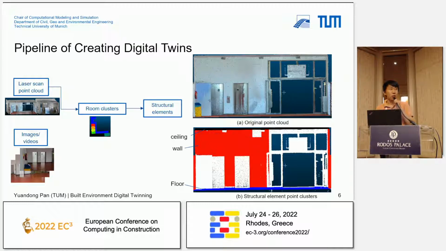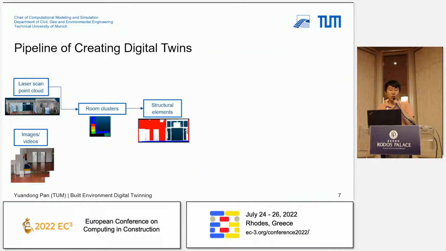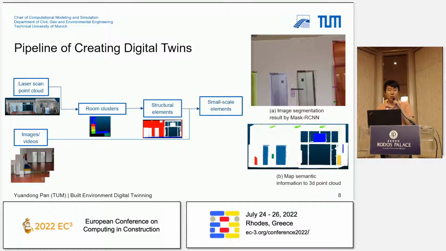And the interesting finding we had, like in the 3D deep learning, for those structural or large structural elements, the performance is pretty good. But for the small-scale elements, for example, the light switches or smoke alarms, the performance is really, I would say, not as good as for the larger elements. That's why we want to add these images or videos into the pipeline to recognize or detect the small-scale elements